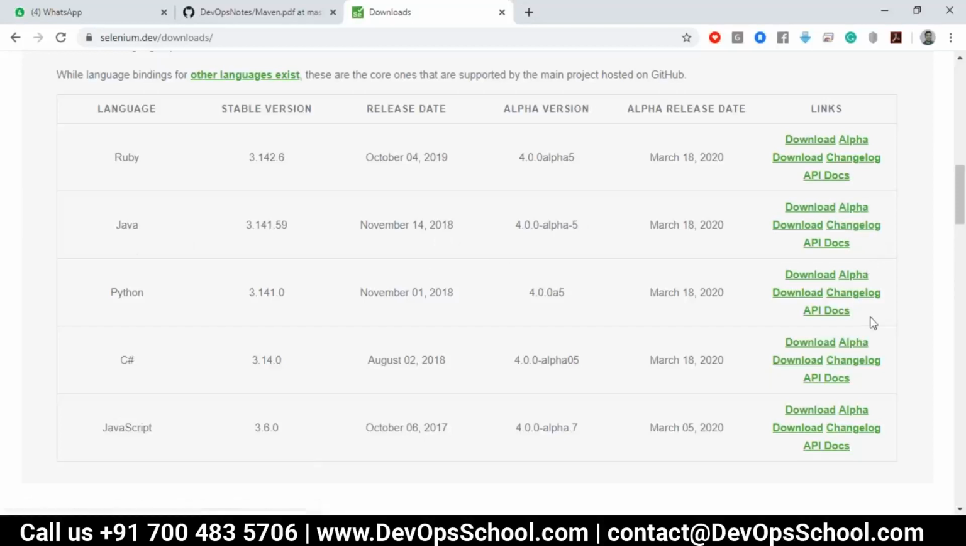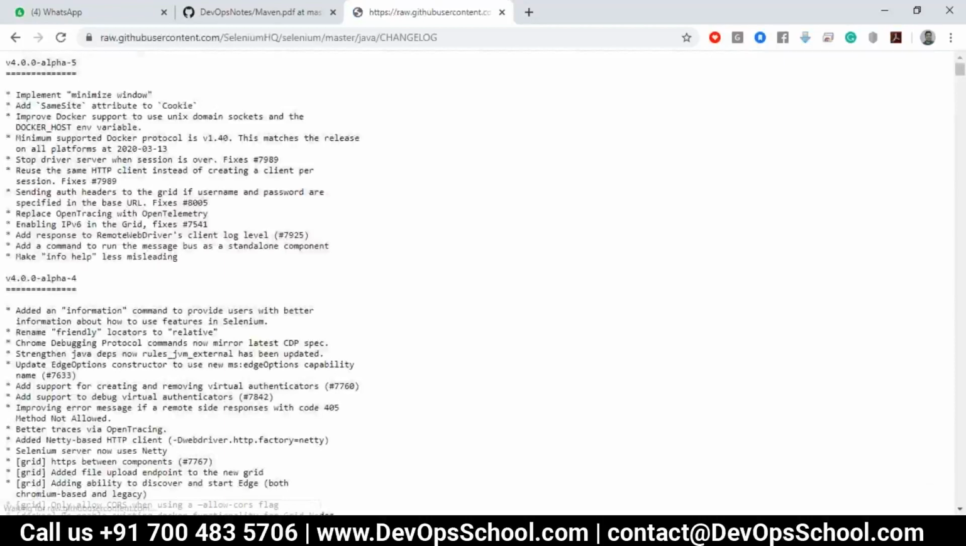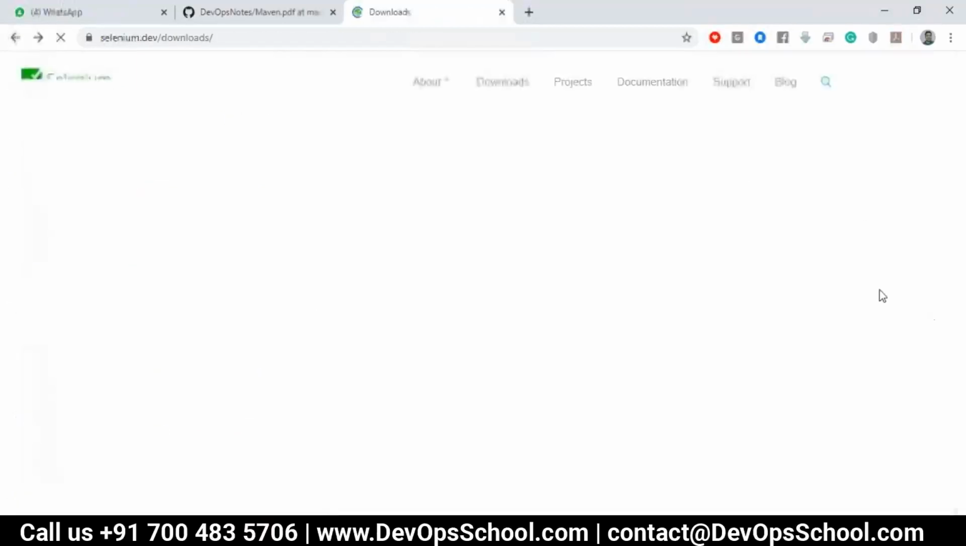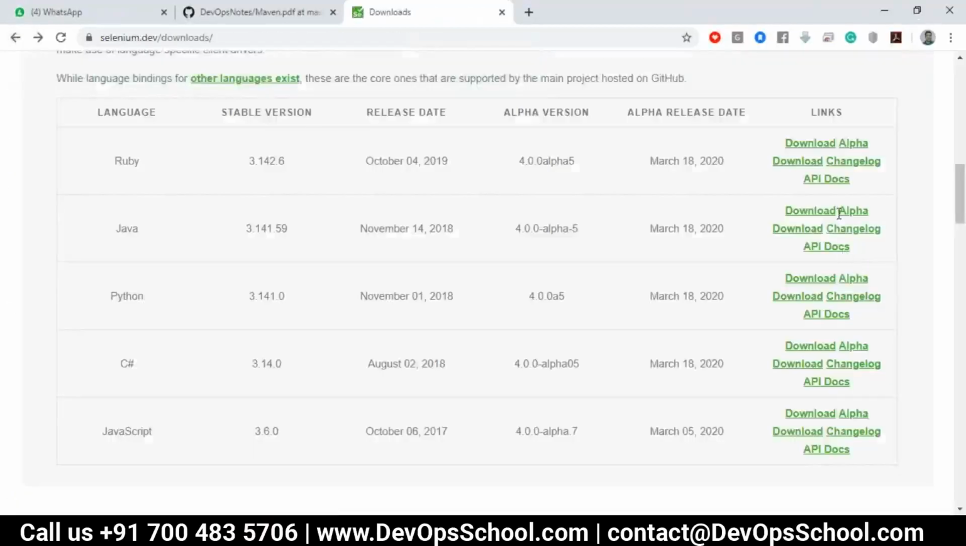Actually, they have changed something. Let me click on this. Download change logs. Just implement minimize windows. Okay, so let me just go with download. Oh, sorry, not this one. Alpha, I don't want. You need to click on download. Okay. So once you download it,